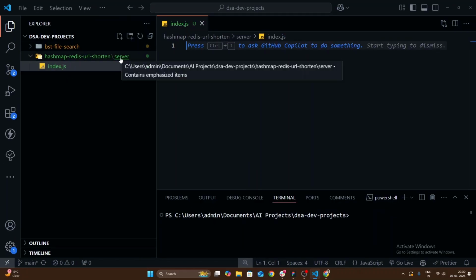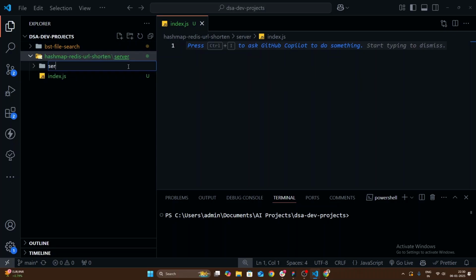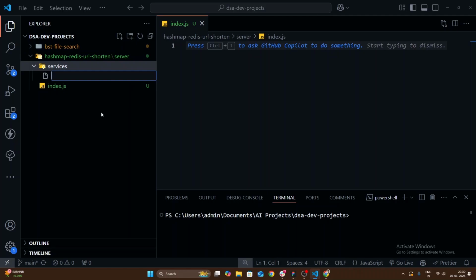So in this index.js, but before that, let's create a services folder in my server, services. And in this services, you need to create a helper function, which is going to take a number and convert that number into a base 62 encoded string. Okay, because we are using base 62 encoded strings as the short URL key, right? As we just saw in the theoretical part. Okay, so base 62 encoding helper or